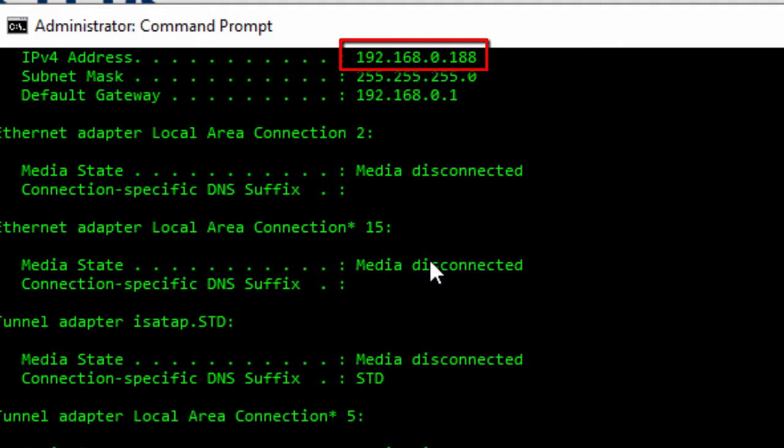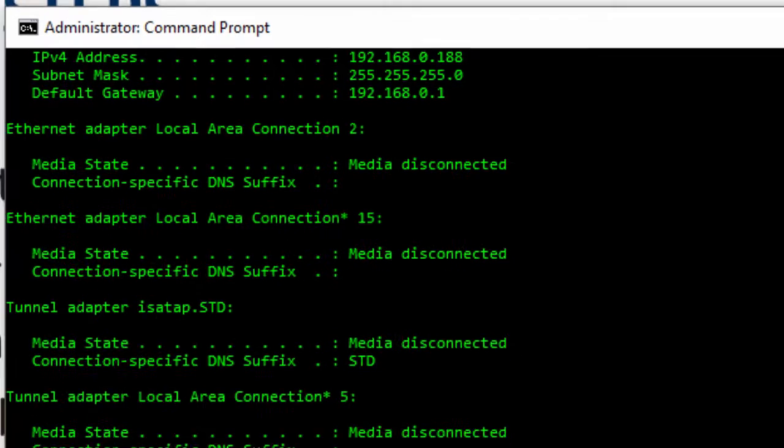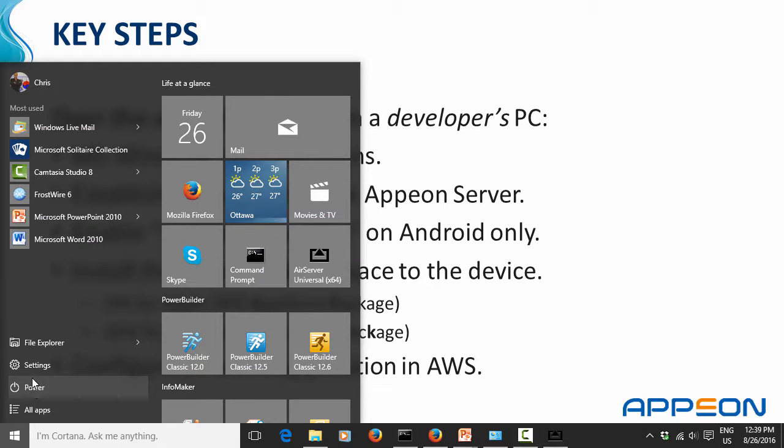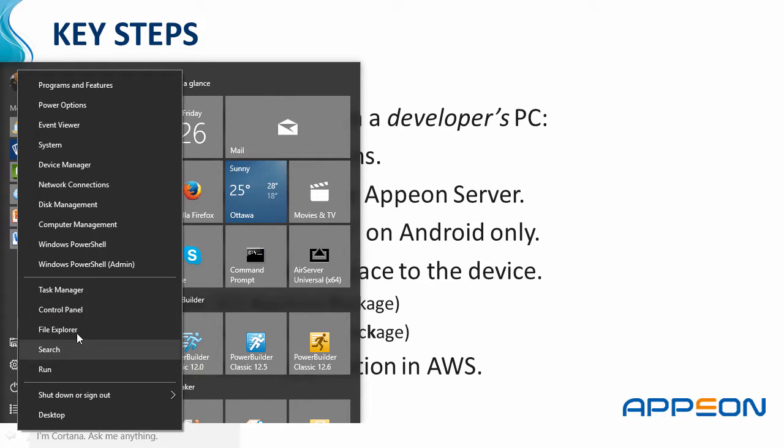And you can see it here at the top, the address 192.168.0.188. That's my particular machine here that I'm using for development. So now I know the IP address. The next thing that you'll need to do is you'll need to be able to actually bring up the control